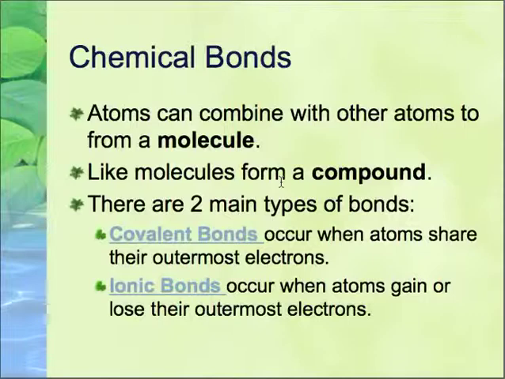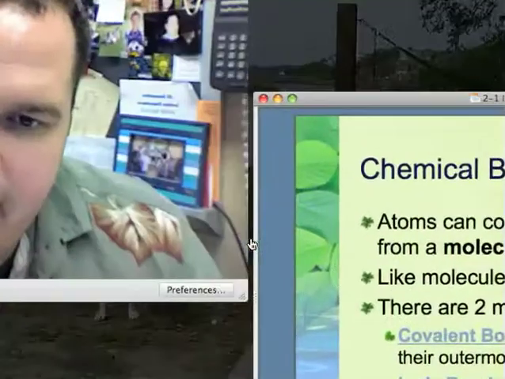Ionic bonds, on the other hand, are where an atom gives away an electron or takes on an electron. For example, sodium chloride. Sodium has 1 electron on the outside, and you know what? If it gets rid of that 1, it has a full shell right underneath. And chlorine has 7, so it only needs 1 more. So sodium will give away its electron, and chlorine will happily take it. Now, there is a point to mention here, and that is that covalent bonds are generally stronger than ionic bonds, and there's a reason for that.